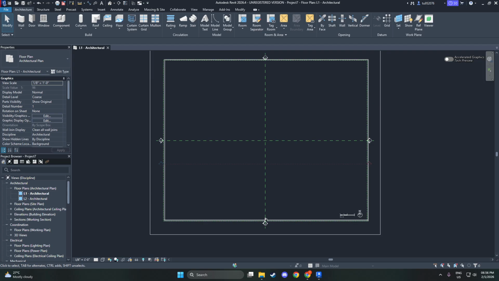You can do this in a plan view, an elevation, or even a 3D view, whatever makes it easiest to identify the wall you're targeting. Once the wall is selected, look over to the Properties palette and click Edit Type. This opens the Type Properties dialog for that wall type. Remember, changes you make here affect every wall that uses this same type throughout the model, so be mindful of